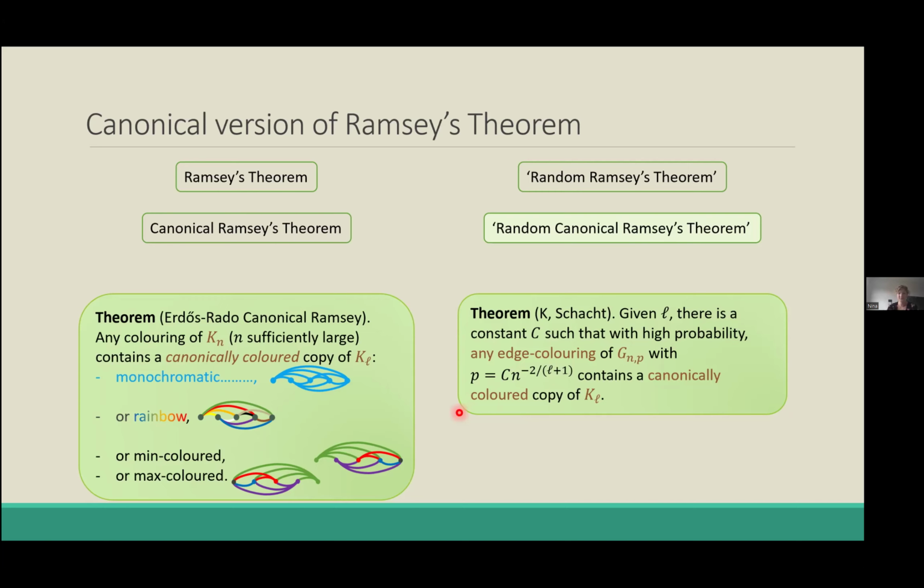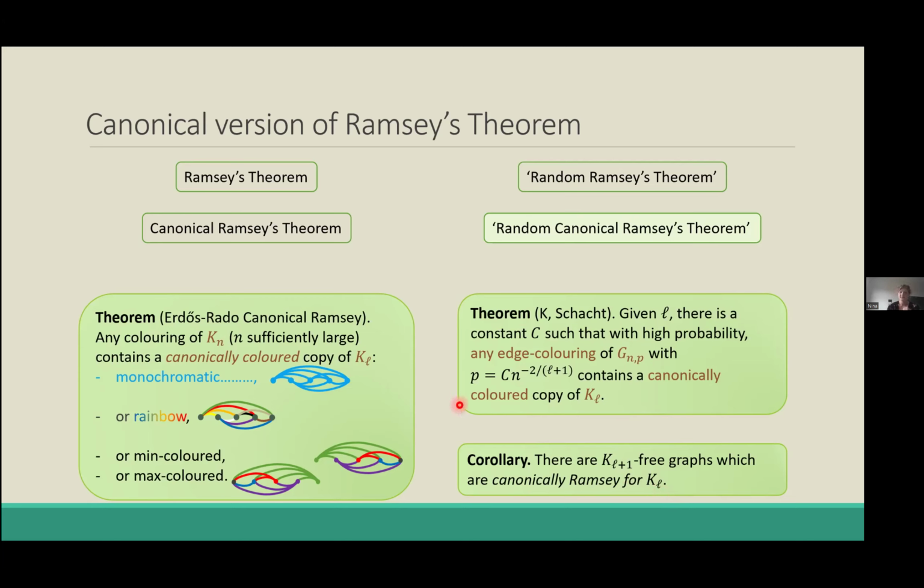But before going into the proof, let me point out an interesting corollary of our result. So more or less straightforwardly from our proof, it follows that you have graphs which are canonically Ramsey for K_L, so they have this canonical Ramsey property, but they don't contain any copies of K_{L+1}. So this is a Folkman type result. On the one hand, you have to have heavily overlapping copies of K_L, but they never create a copy of K_{L+1}.